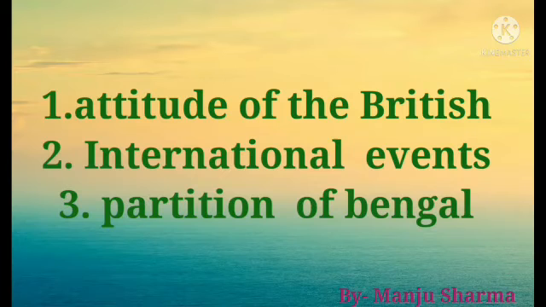In 1905, Lord Curzon ordered the partition of Bengal into East and West Bengal. West Bengal had Western Bengal, Bihar and Orissa on one side, while the other part had East Bengal and Assam. The reason given for the order of partition was that it was too big a province to be administered. Bengal at that time was considered to be the hub of Indian nationalists.